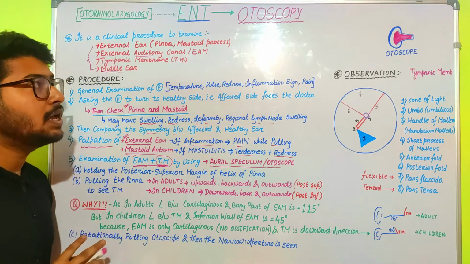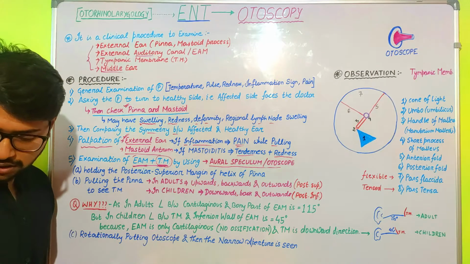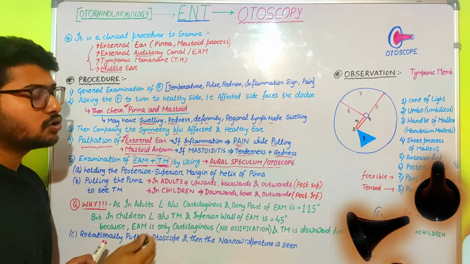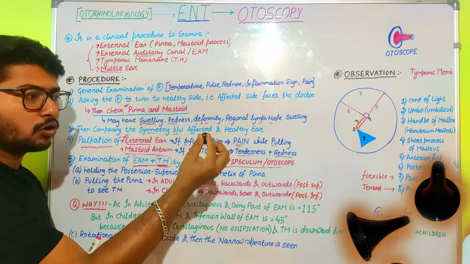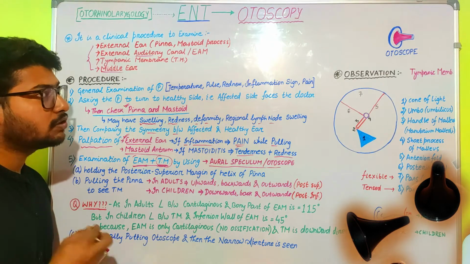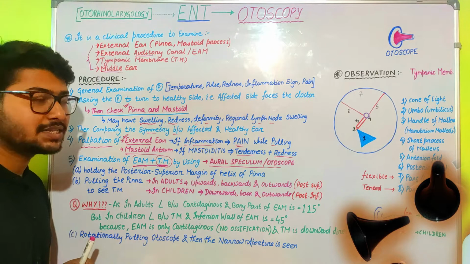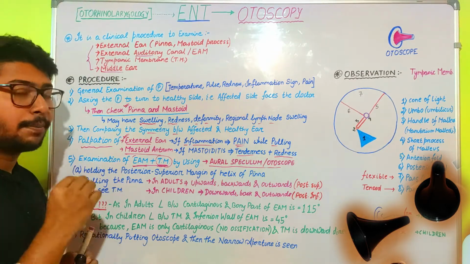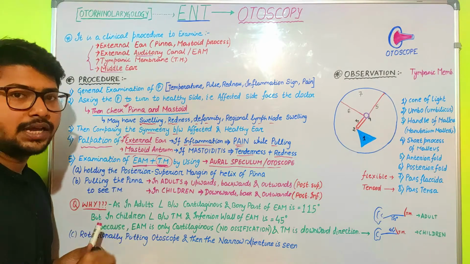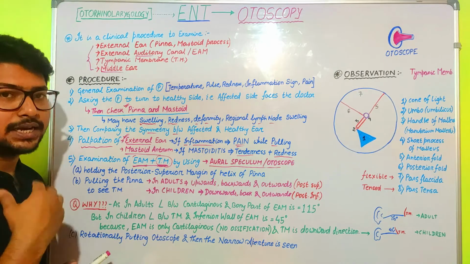So here comes the main instrument of this method of examination. Here I am holding these two otoscopes. One is the larger diameter otoscope and one is the smaller diameter otoscope. First of all, the diameter should be chosen according to the size of the external acoustic meatus aperture. Mostly the wider diameter is used for examination of the external acoustic meatus and tympanic membrane.